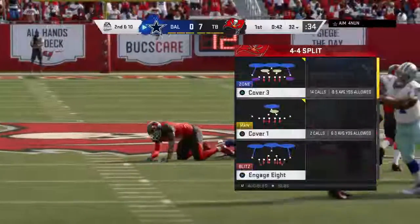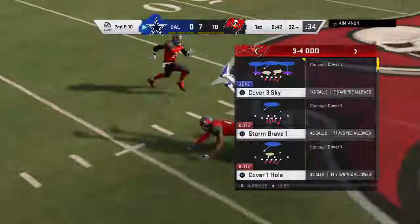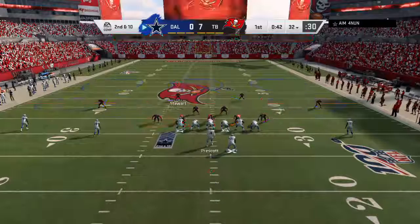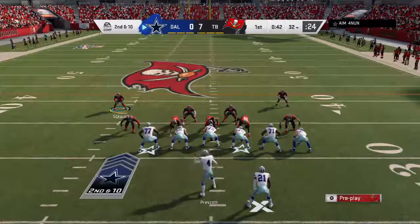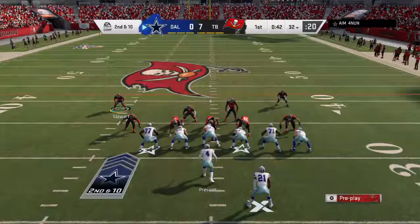Charles, already trailing by a touchdown early. This offense, how imperative is it for them to get points out of this drive? Well, they feel like they have to go ahead and match because of what was already on the board against their defense. But I think even more so, you just want to avoid 3 and outs. You want to be able to stay on the field for a little while, let your defense catch their breath a little bit, even if you don't score any points. You got time